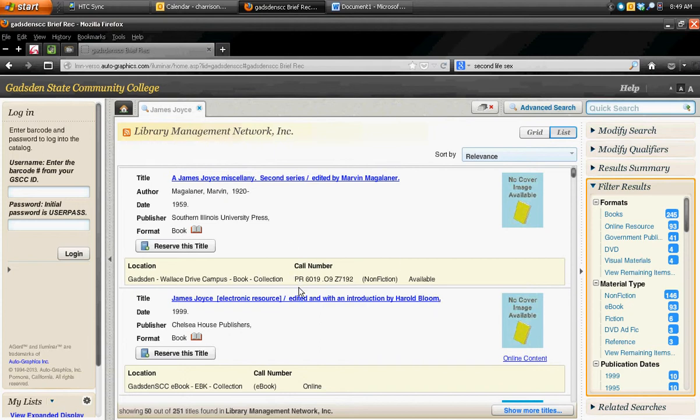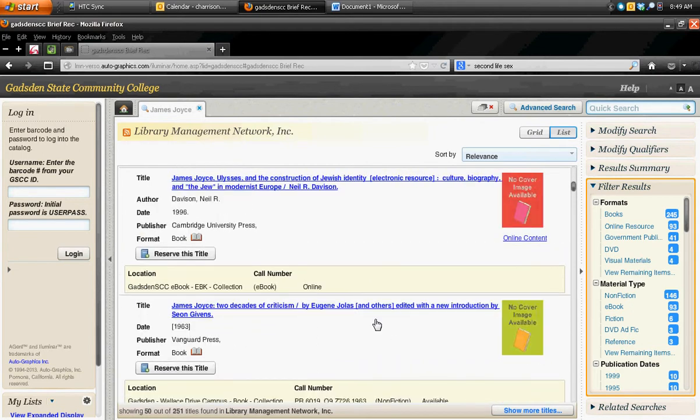As you'll note, obviously all of these works, just like any library, if it's found on the shelves, you'll have a call number. The neat thing about our library, as opposed to, say, your high school library or even the public library, they don't use the Dewey Decimal here. They use the Library of Congress designation, which means all the James Joyce entries are going to be in the same section, PR 6019.09.